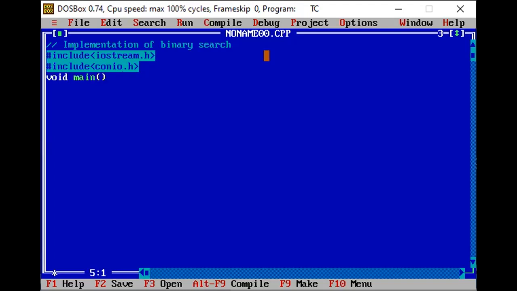And here we can take some variables. The first variable will be integer i, comma, array[10], and these are the total array elements. I'm defining the size as 10.